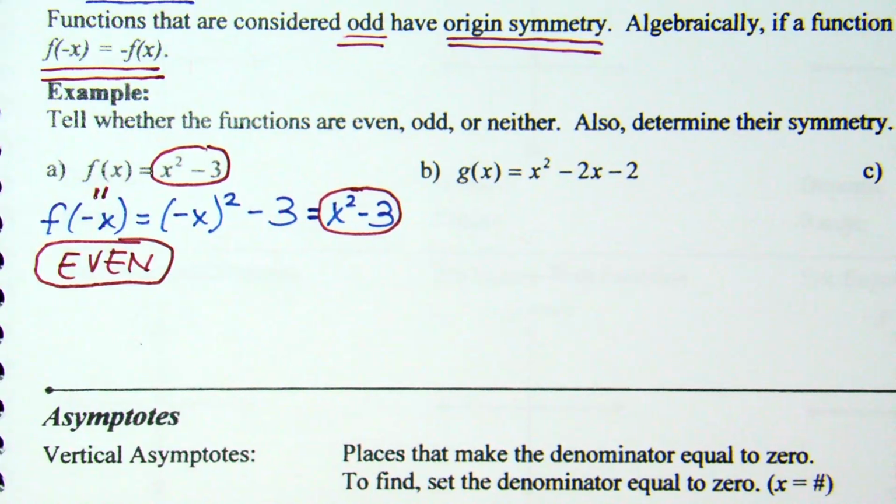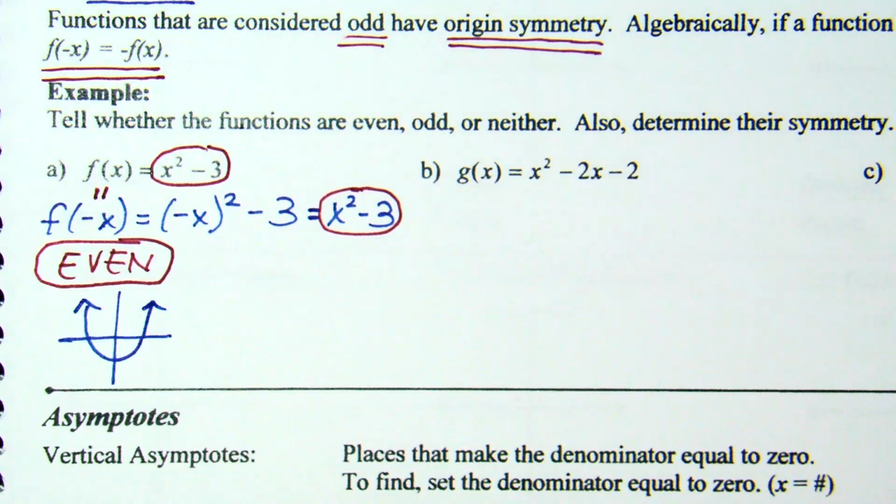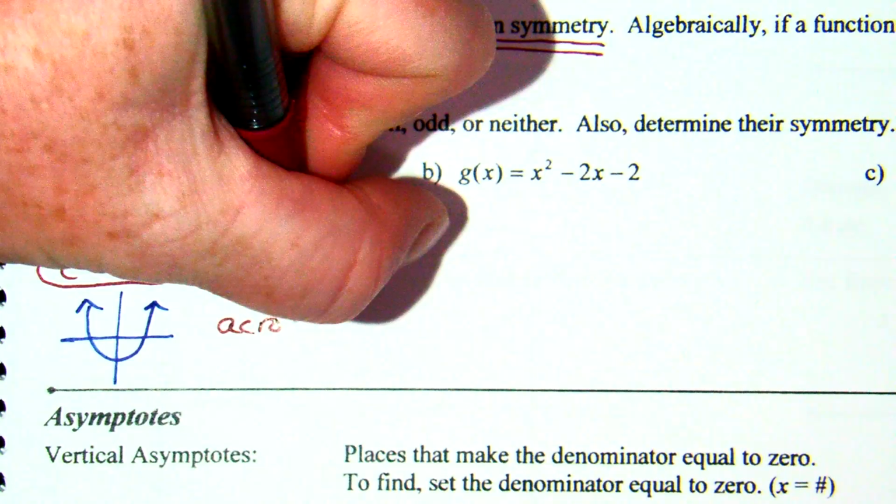Now, we technically already knew that, but there's your algebraic proof of how that works. Okay? The graphic proof was the fact that we visualized that this is a parabola shifted down 3, so it is symmetric across the y-axis. Because the other thing it says is determine their symmetry. So I'm going to say symmetric